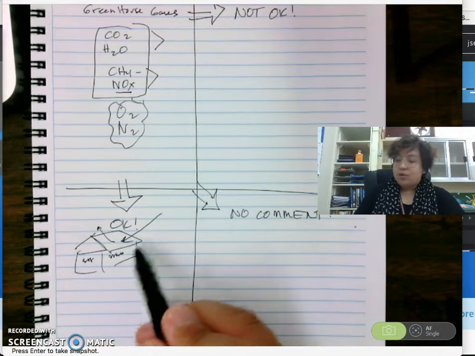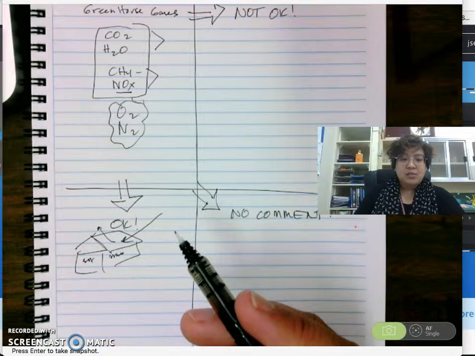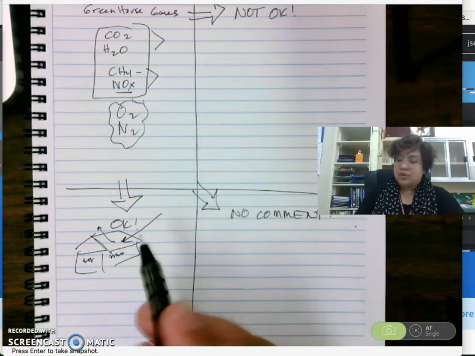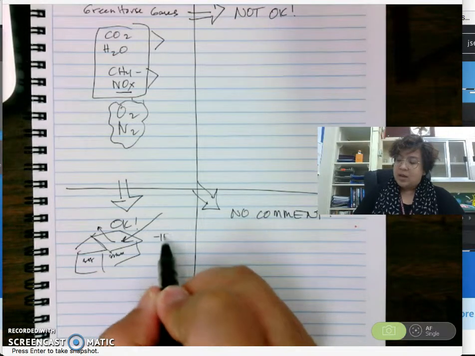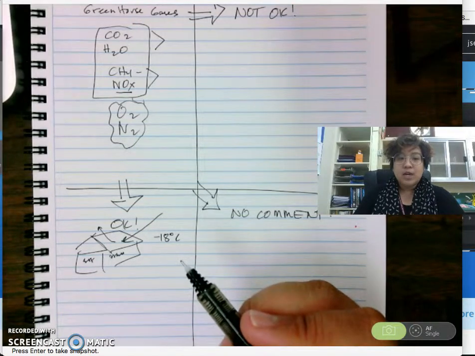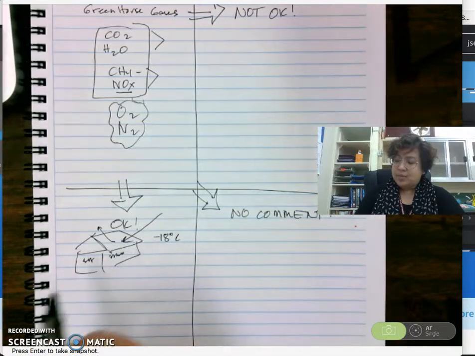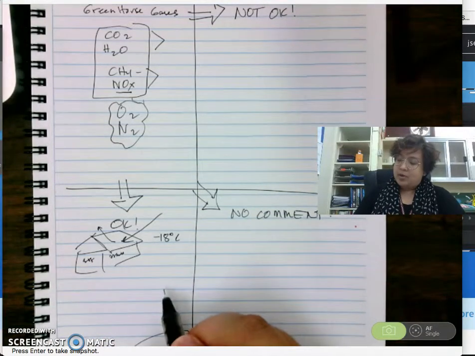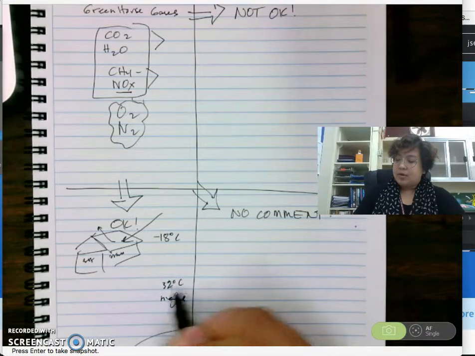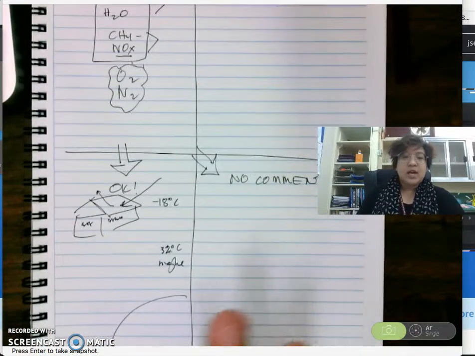This is the Earth. We need warmth here, because in the absence of greenhouse gases, the average temperature of the Earth is measured to be about negative 18 degrees Celsius. You already know 0 is cold. How much more negative 18? Now, because of greenhouse gases, the average temperature here on the Earth is about 32 degrees higher than that. So we're warmer here on the surface.